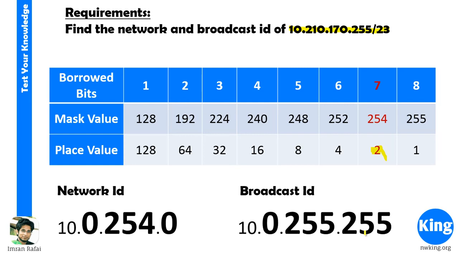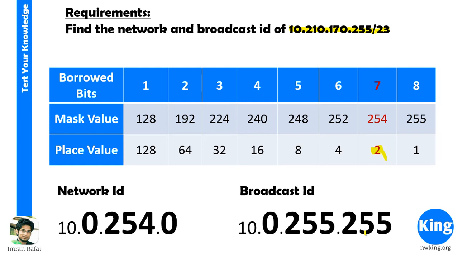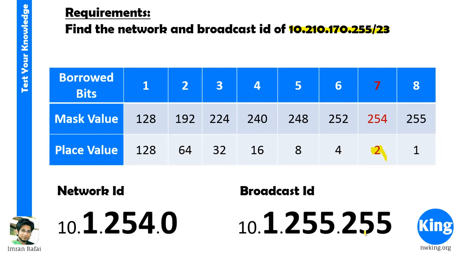The next network ID, when you add 2 to it, becomes 256. That's not valid. So it is 10.1.0.0. Remember, from 254.0, if you add 2, it will get reset and it becomes 1.0. Exactly like 13 hours 59 minutes 59 seconds plus 1 is 14 hours 0000. A similar concept happens here. So again it goes 10.1.2.0, 1.4.0, 1.8, it goes on to 1.254.0. Again, if you add 2 more, it becomes 10.2.0.0 and goes on and on until it reaches